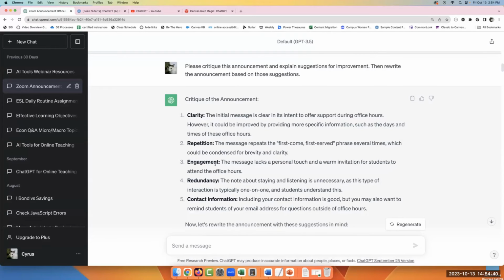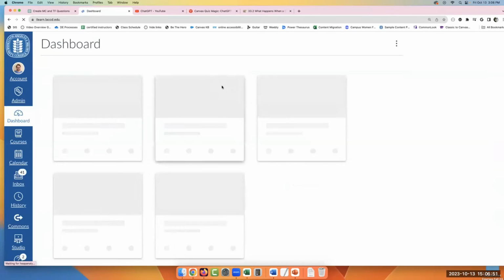You can keep going if you wanted to. And again, all you have to do once you get it to how you like it is copy that, paste it into your announcements, send it off. And you could do these very quickly, weekly, and you can change it up if you want week to week, and you can get them all done and put in Canvas, set them to go out in the future and have it all done very quickly.